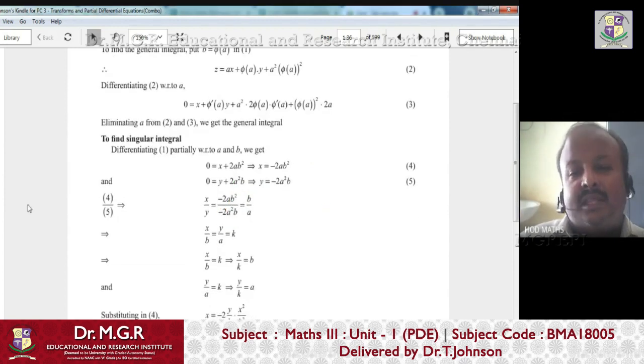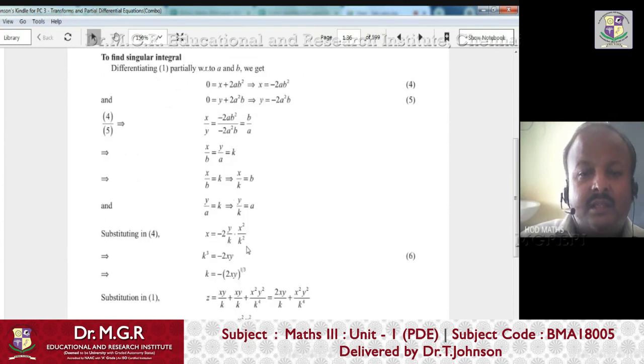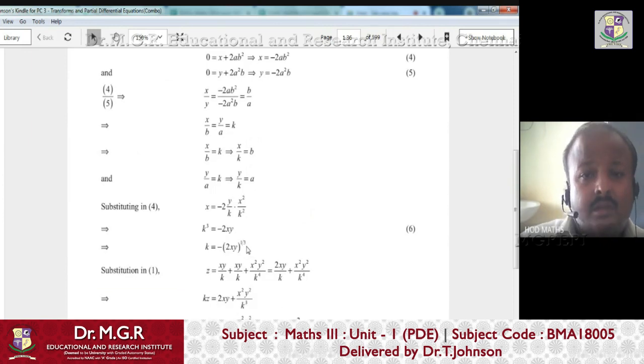So mathematically, if two things are equivalent, that is equivalent to a constant always. If two things are equivalent, then that is equivalent to a constant. That constant can be taken as k. So mathematically, if two ratios are equal, a by b equal to c by d, then that is equivalent to some constant value. That value they put as k. So now x by y equals b by a.